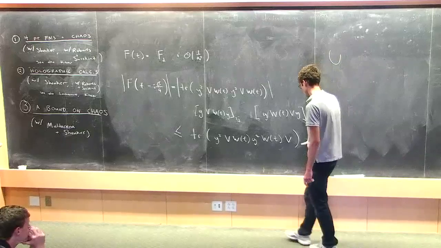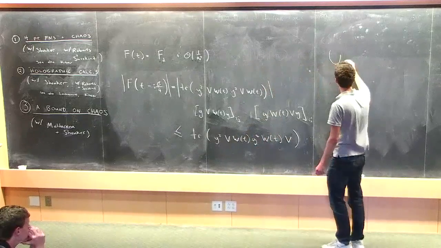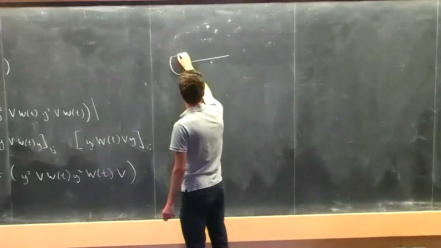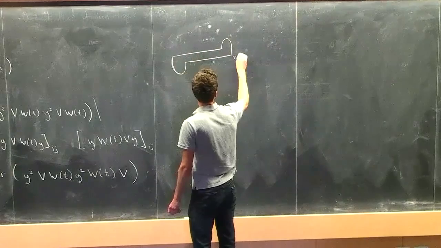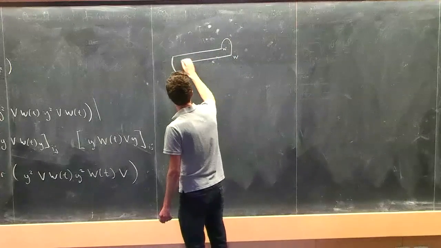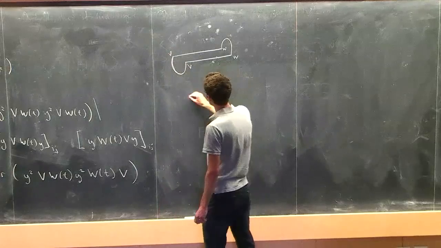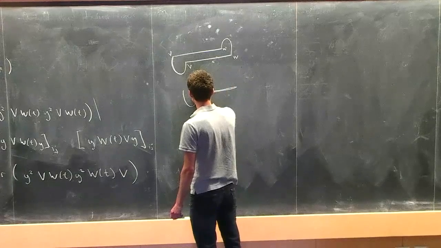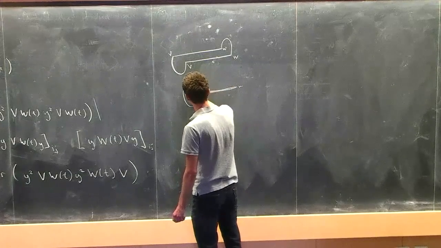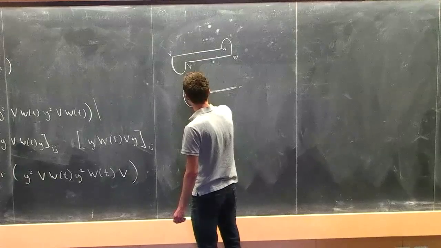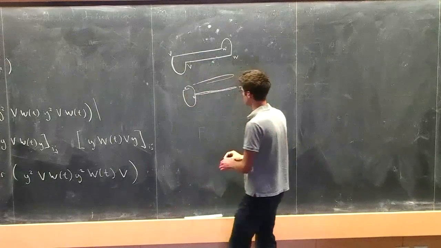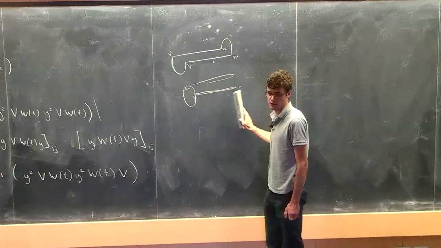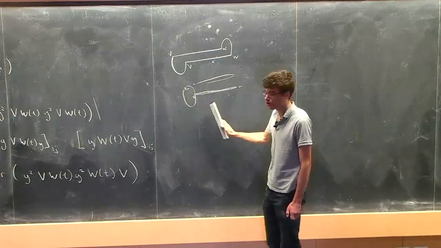The contour that we have to evaluate this 4-point function is the following. We have half the thermal circle, then we have some Lorentzian time t, the other half, and we've inserted w here, w there, v here, and v there. That's to be distinguished from the contour where we have a w, a v here, a w, and then a v here, and then a w. So these are quite different. In this case, factorization does not hold at large time. Instead, this 4-point function becomes small.